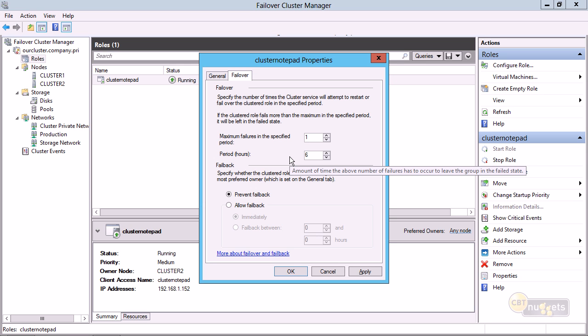And then over here on failover, you can identify how many times the service, or in this case the application, is going to fail before it just gets left in the failed state. Sometimes you have an application that just keeps failing, failing, failing. In the old days, I used to call this cluster bounce. I'm unaware if that's actually a technical term, but you would have a resource that would just bounce around between the different nodes in your cluster,